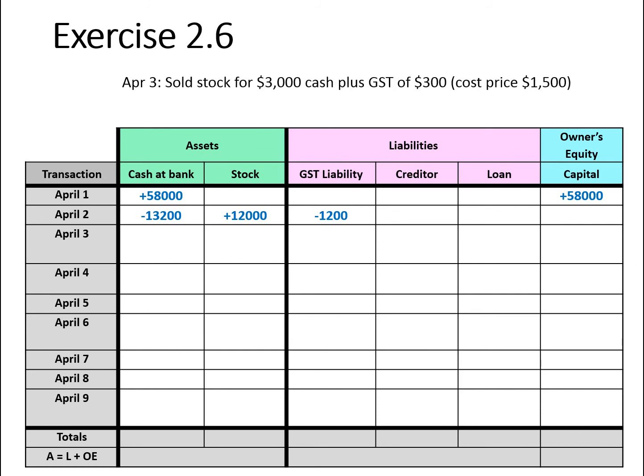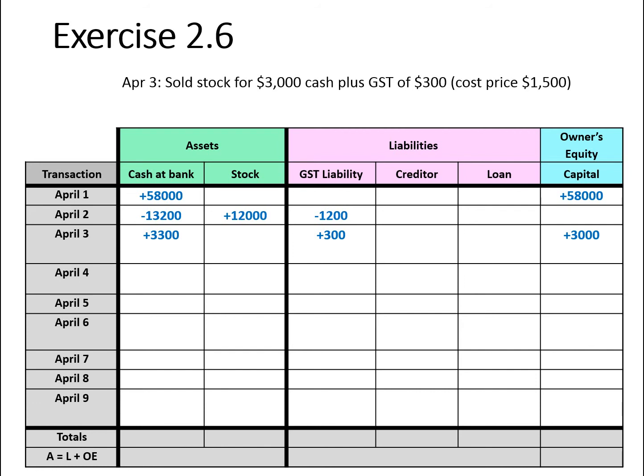On the 3rd, we have our first sale. It's a cash sale for $3,000 plus GST and a cost price of $1,500. So we deal with the sale amount first. I've received $3,300 cash. That represents two things. GST I've received that doesn't belong to the business, so it increases the liability, and the $3,000 is revenue, which